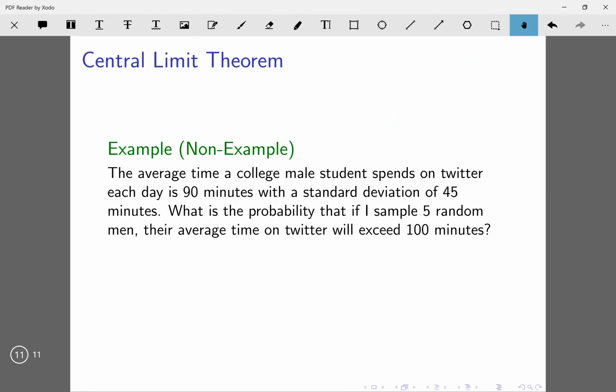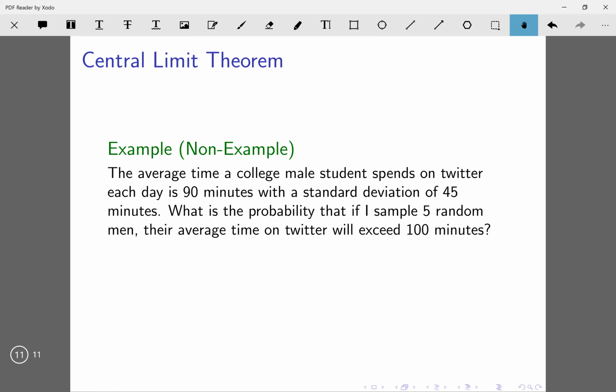All right, well, let's take a look at a non-example. So the average time a college male spends on Twitter each day is 90 minutes with a standard deviation of 45 minutes. What is the probability that if I sample 5 random men, their average time on Twitter will exceed 100 minutes? Well,